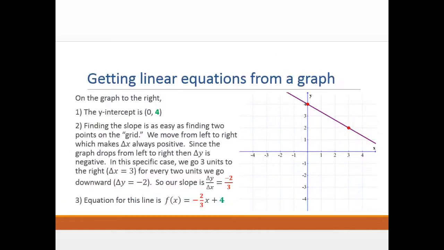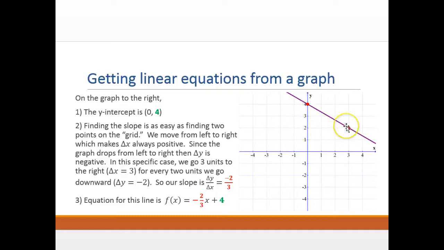So let's look at an example of getting an equation from a graph. If I have a graph here, and I want to find the equation of this line, we know it's a line just by eyeballing it. But the easiest way to do it is to mark 2 points that are already on the grid. Notice the grid is put in this graph for us. So I'm going to mark the point 0, 4 and the point 3, 2. Now the point 0, 4, since the x-coordinate is 0, is the y-intercept. And I'm going to move from this leftmost point to the rightmost point. The reason I do that is moving left to right,